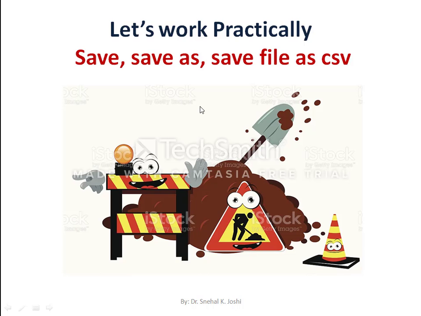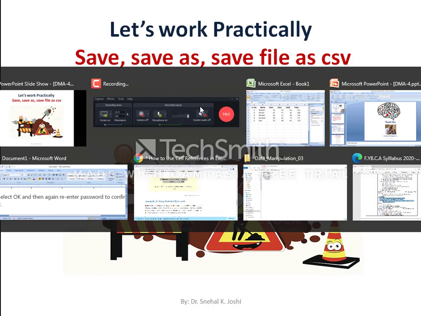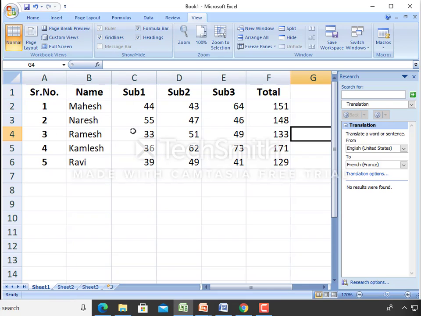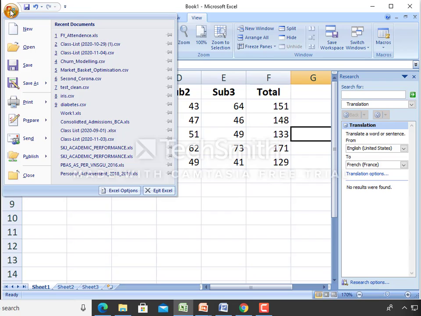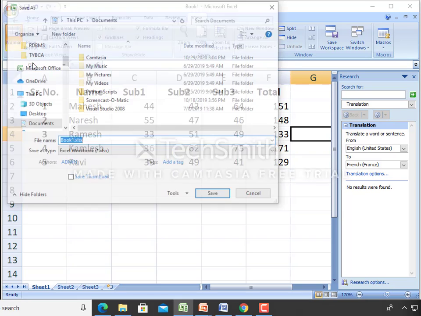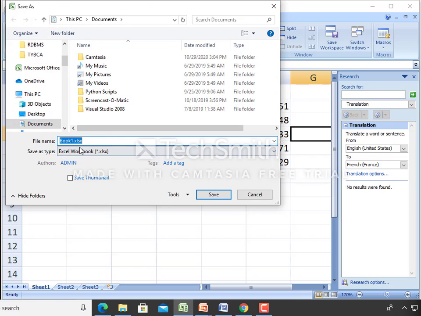Let us understand and work practically how to use CSV. So practically we will go through this. Consider we have this particular file, and if you want to save this file, simply click here on your Windows button, and then finally click on the save option. The save option will open this dialog box. Here you have to specify the file name. By default, the extension is shown over here. Then you need to select the folder where you want to store it. Say, for example, I want to store my data in my documents folder. So I'll select documents. Then I'll specify the name of my file. Suppose the name of my file is, say, example1. Then I click on save, so it will store my file as